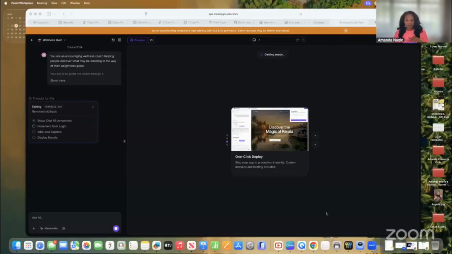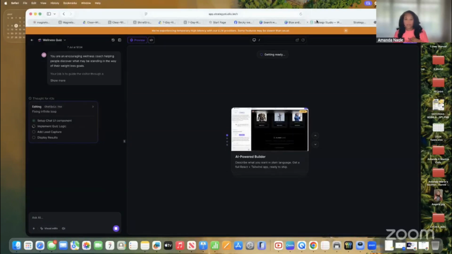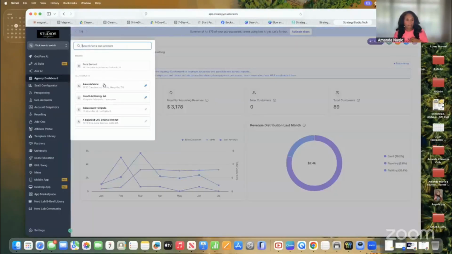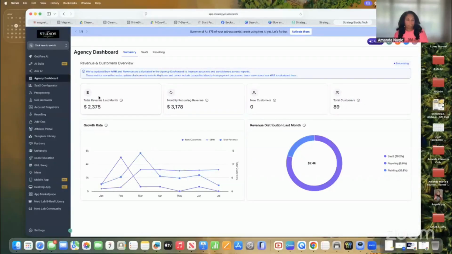Let me see if I can, let me share my screen again, actually. I want to show you some of the websites I created last night, because I am just constantly making websites. Okay, so let me move this over here. I don't know why it's doing that. Let me log in on another screen so I don't mess that up. All right, so if we go to